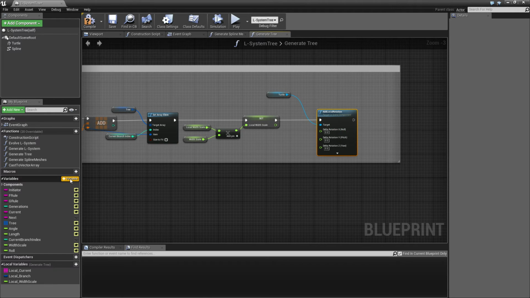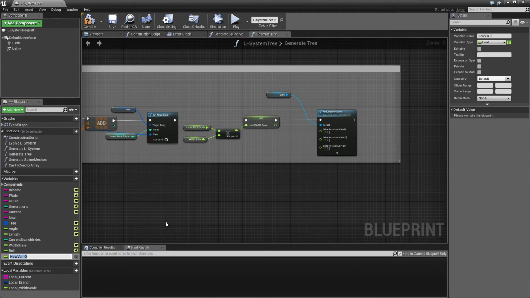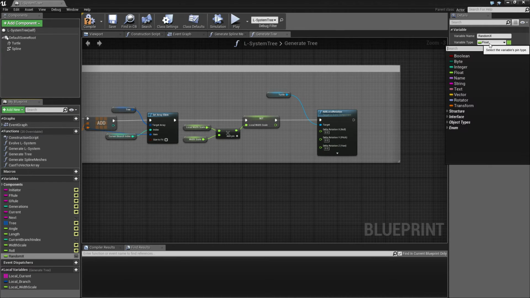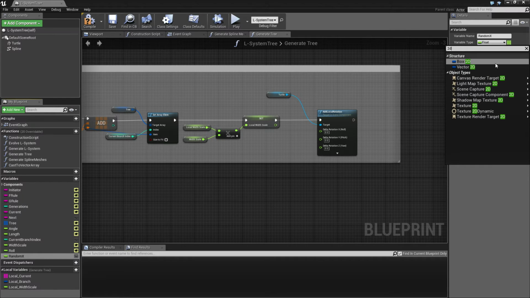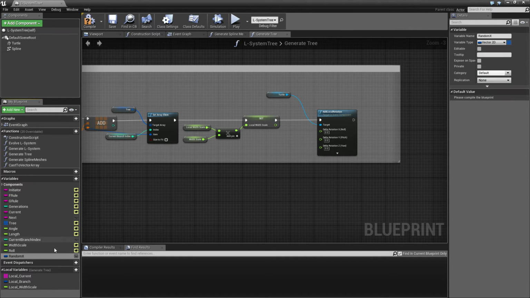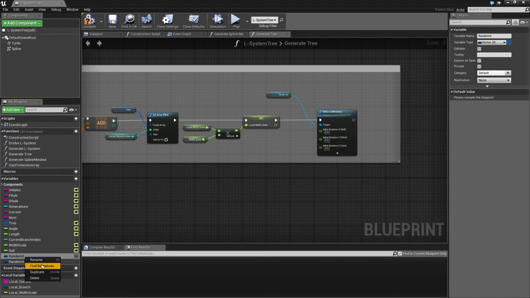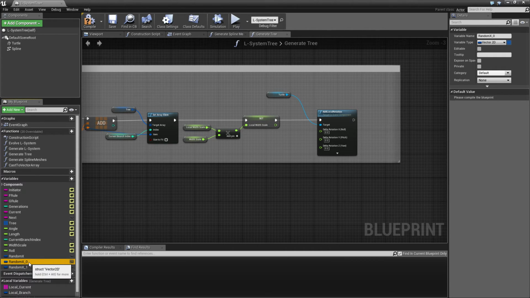So I'm gonna add 3 things here. So one is I'm gonna call random x, and this is gonna be a 2D vector. And just gonna duplicate this one and duplicate it again, and then call this random y and random z. So I'm also gonna make all of these public,